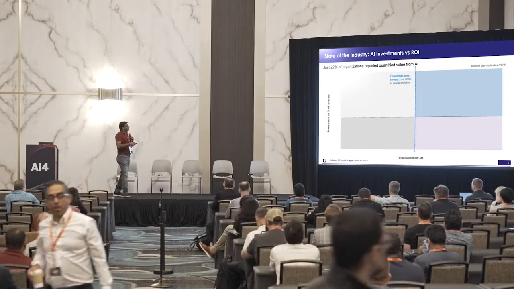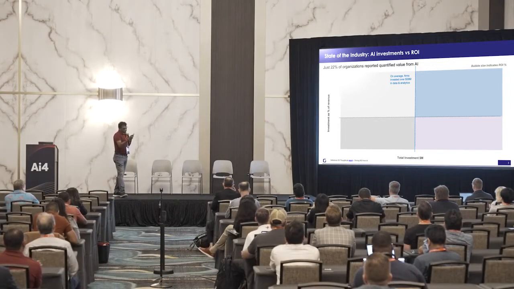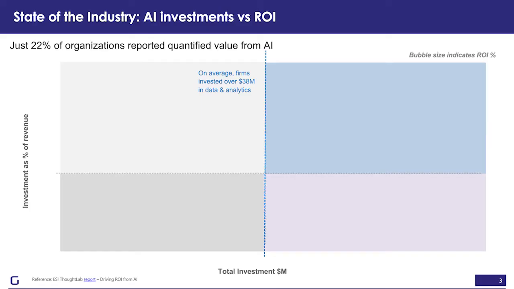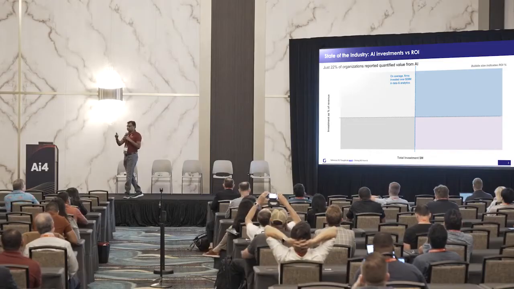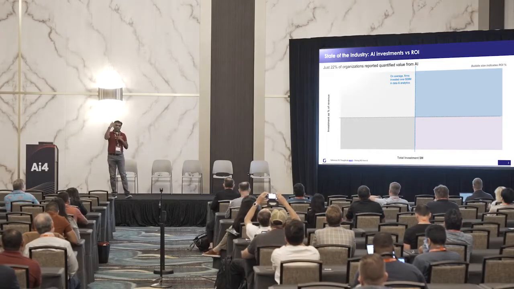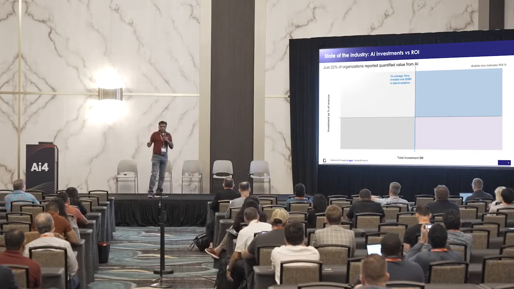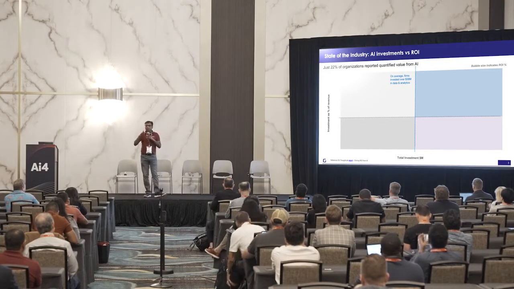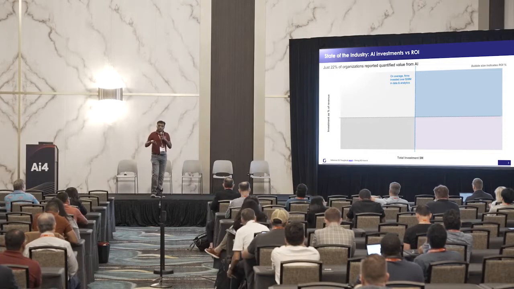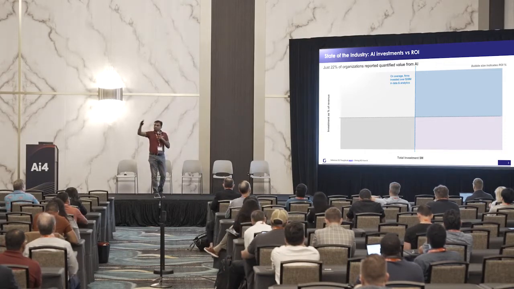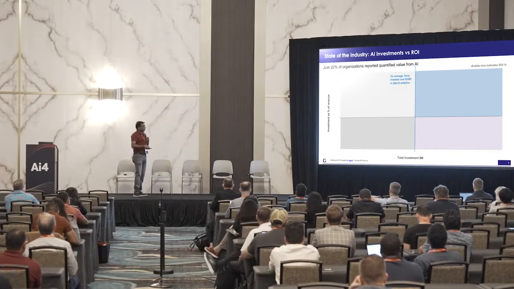This is one of the surveys done by McKinsey that they published: 22% of organizations quantify value from AI. Rest all is subjective, because it's going to improve my NPS, it will improve my customer satisfaction, it's going to reduce my defects. So this is more subjective in nature, as opposed to, hey, my NPS is going to improve by 2%, which is going to eventually add me $10 million in revenue. Those are the things which are more quantified.